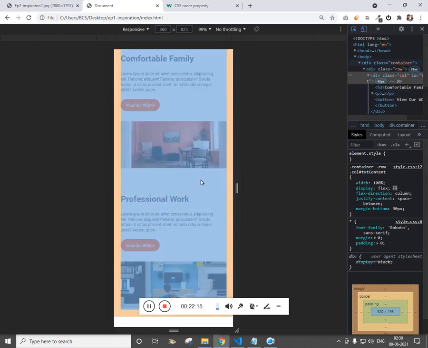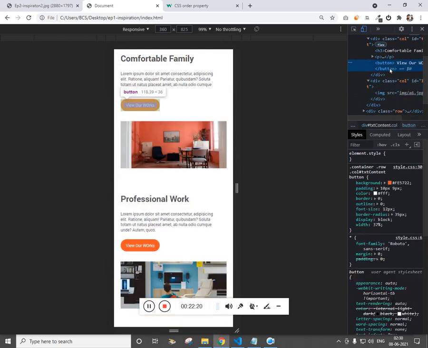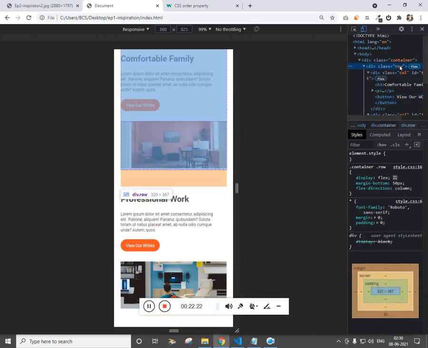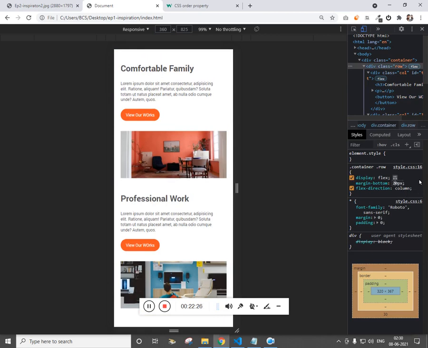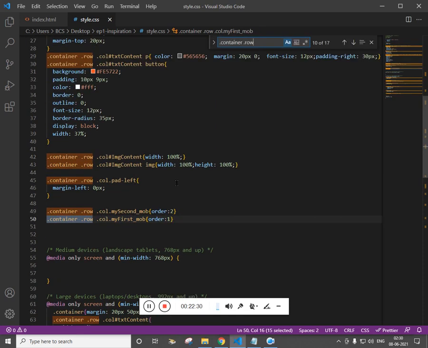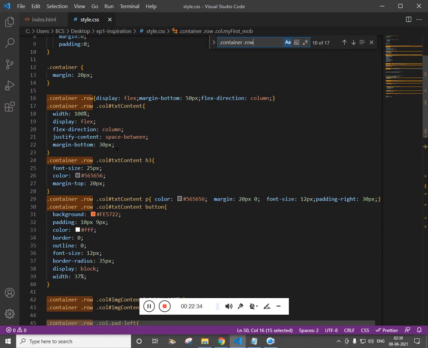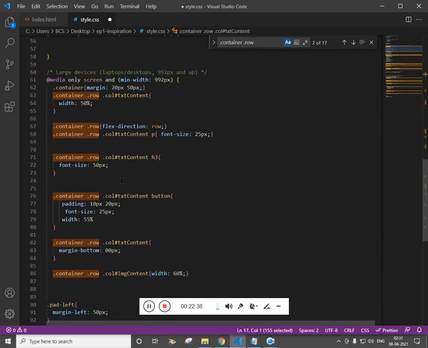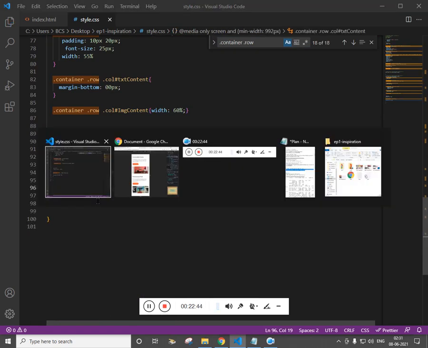Now let me remove the margin bottom. For the row, copy this, let me remove this, but for desktop we need it to be 30.